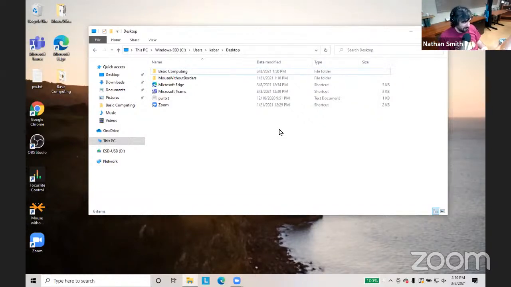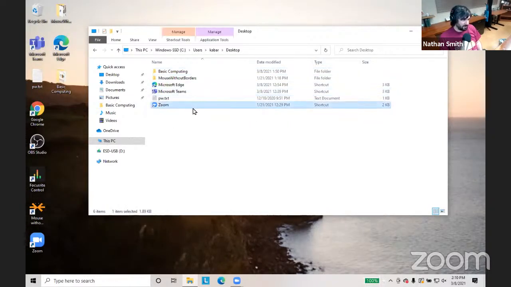The home screen on a phone is a similar type of thing. It's meant to be sort of your starting area so that you can keep a few things there that you really need quick access to. That way you can jump right into whatever you're going to be working on. If I were to remove something from this, say this little shortcut to Zoom, we'll talk about that in a sec. But we've got all that here.